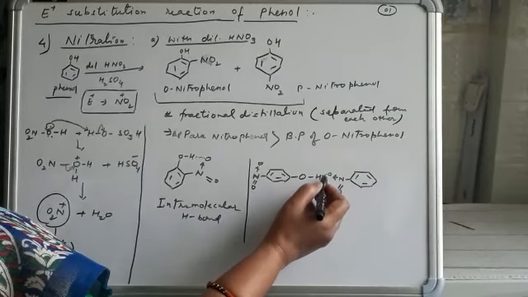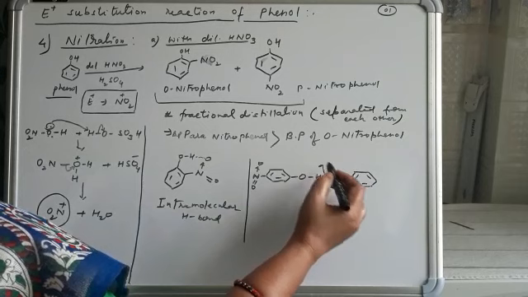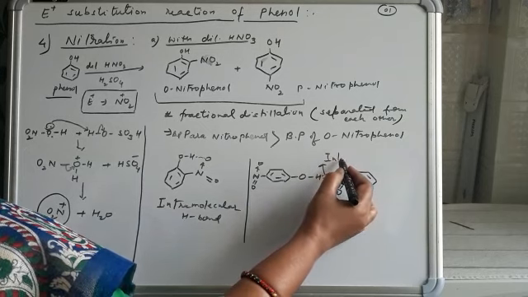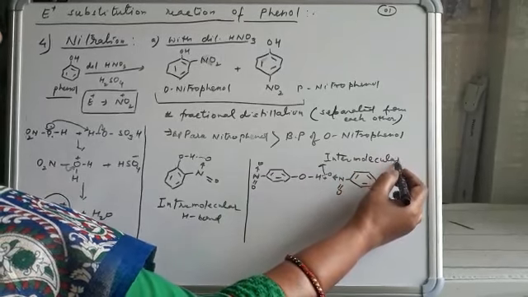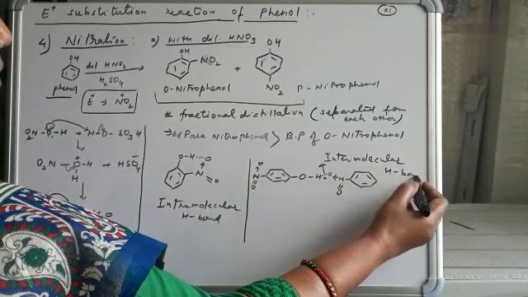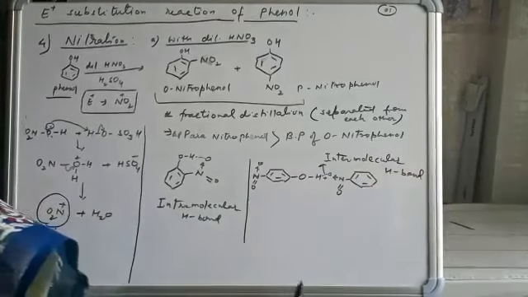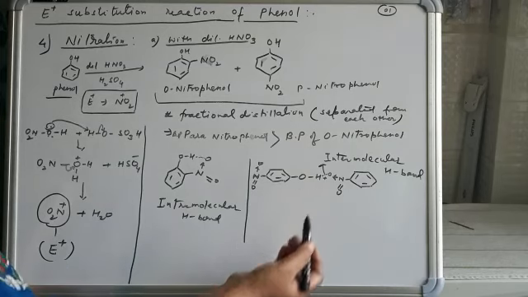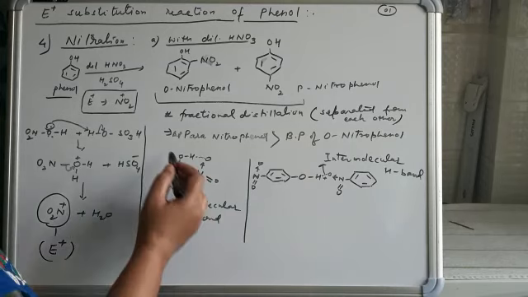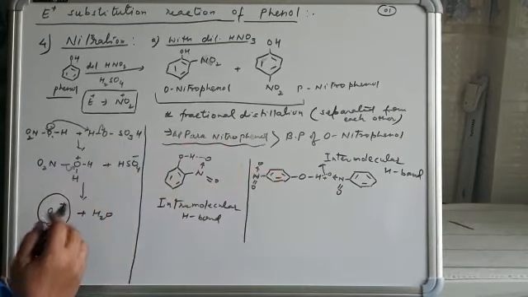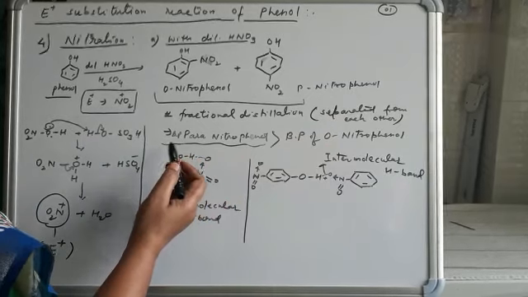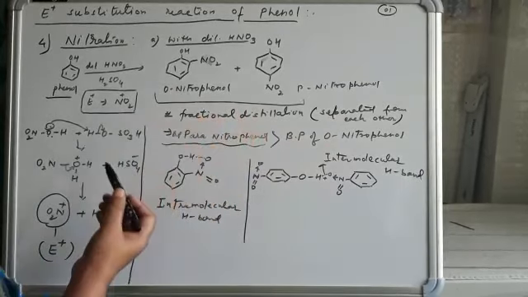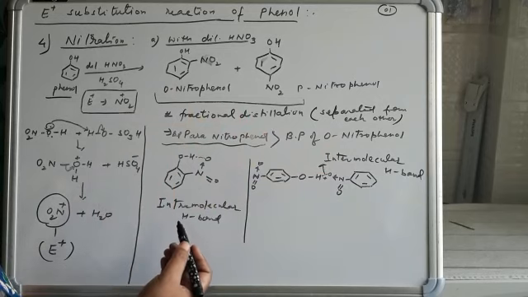Means there is association, and this bond is known as intermolecular hydrogen bond. And the intermolecular hydrogen bond is a stronger bond than the intramolecular hydrogen bond. So the boiling point of para-nitrophenol is greater because a lot of energy is required to break this bond, and by this method, the difference in boiling point, para-nitrophenol and ortho-nitrophenol are separated from each other.